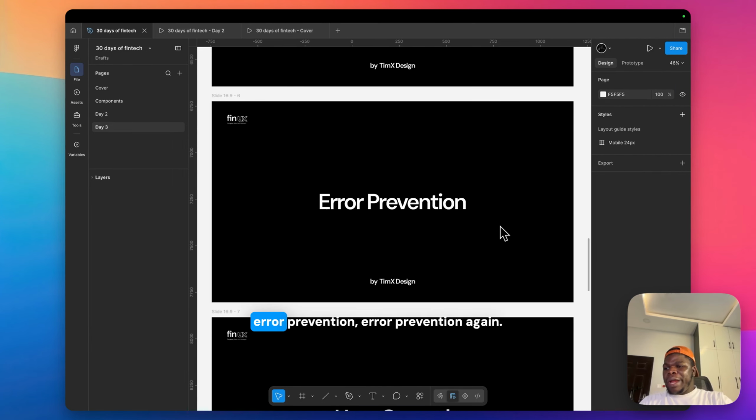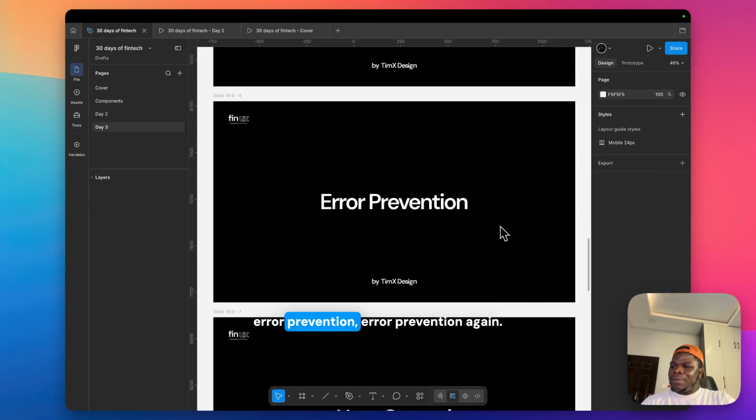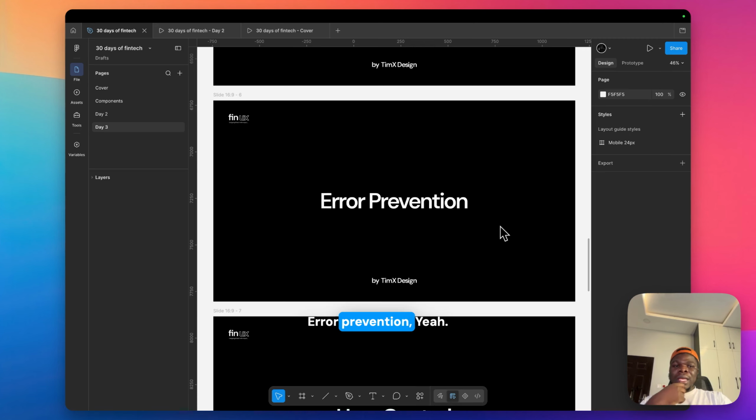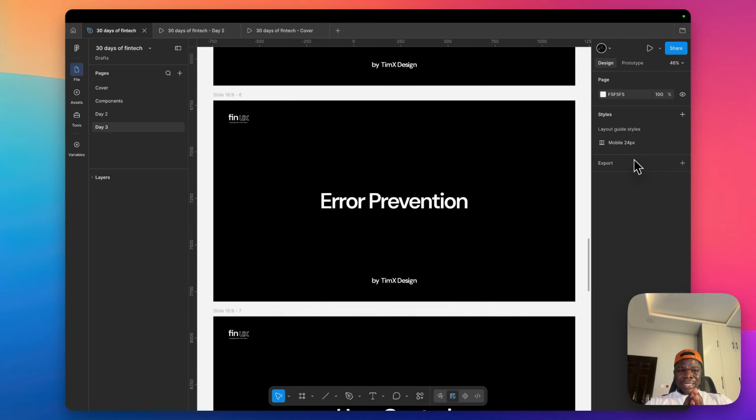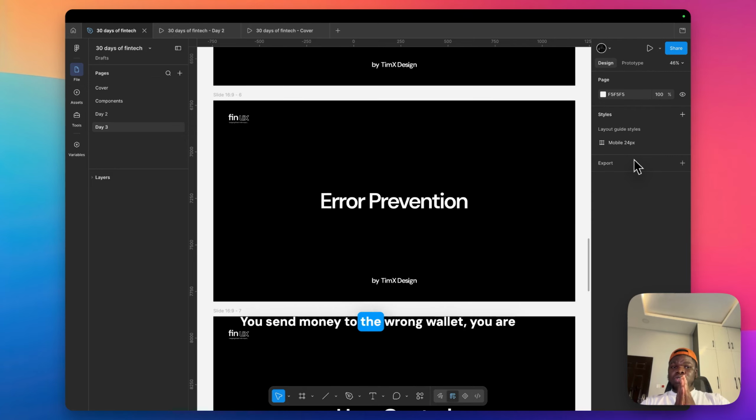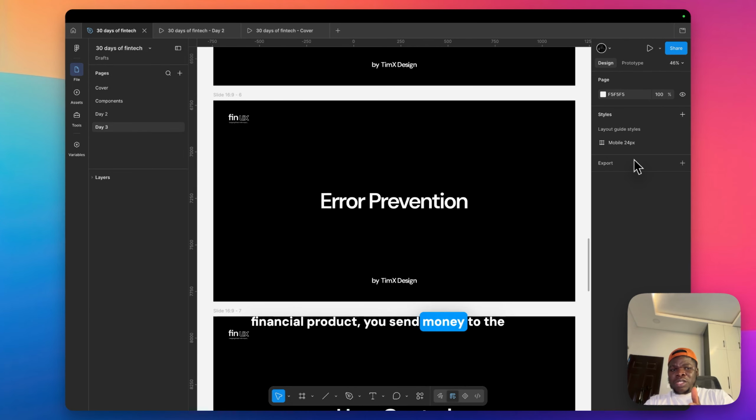Number three, error prevention. Again, I would reference OP here, but yeah, let's get into it. Error prevention. The reason I think this is one of the best UX principles there is, is because a lot of financial decisions you get to make can be irreversible. You send money to the wrong wallet, you're done. That is crypto. Even in normal digital banks, regular Web 2 financial products, you send money to the wrong account, you are done. You calculate the amount of time you would spend trying to recover it, and you just give up on the money.